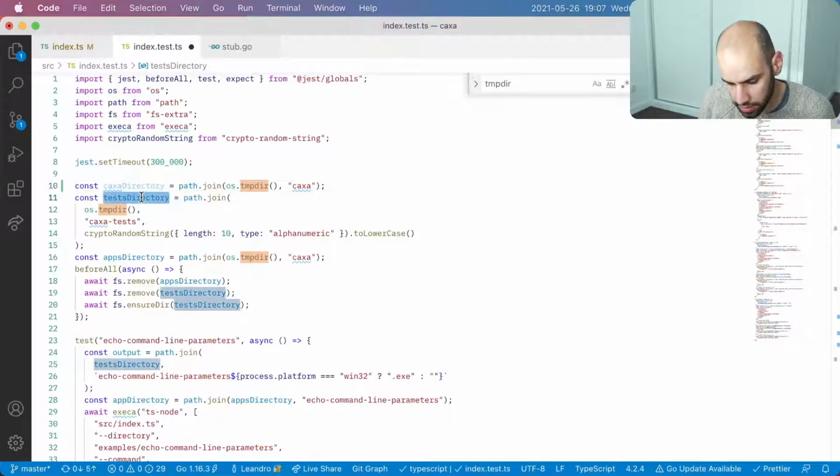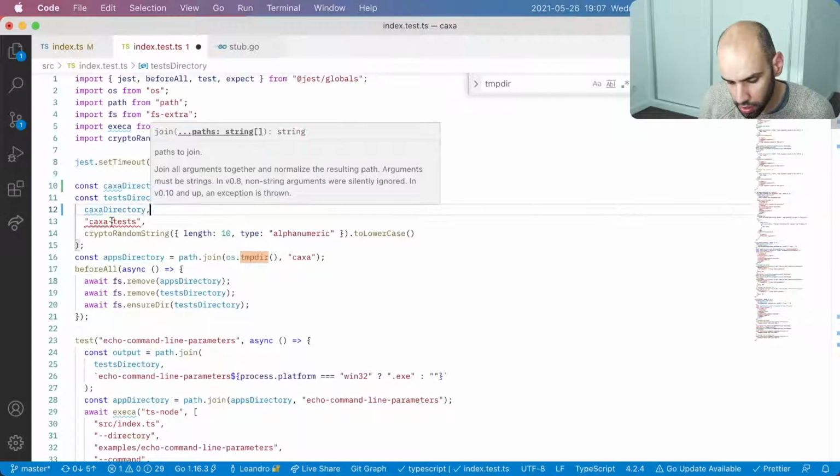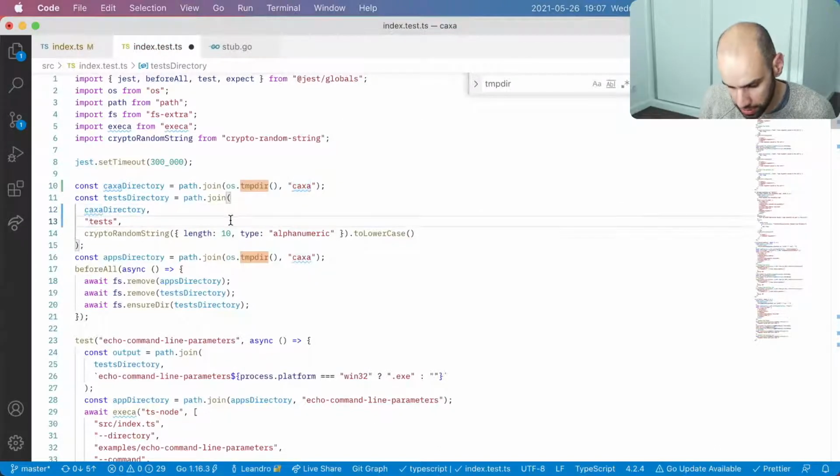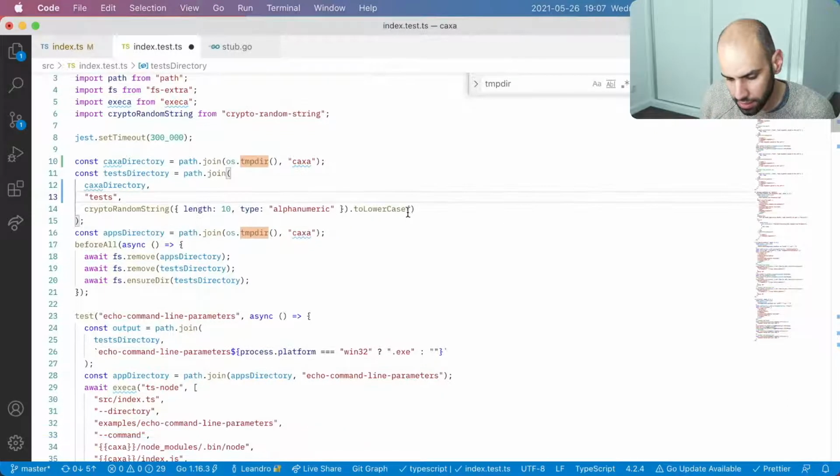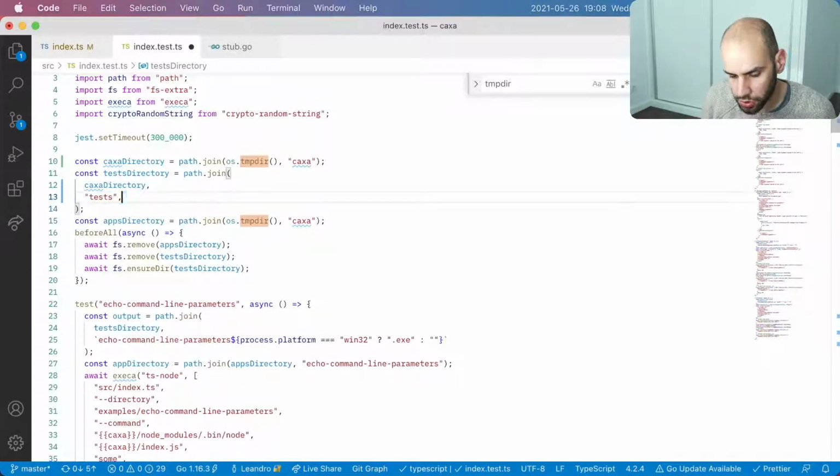And then the tests directory will be the Kasha directory along with tests. And I will not have a random string at the end of this.